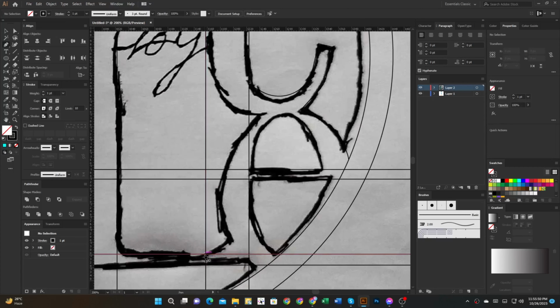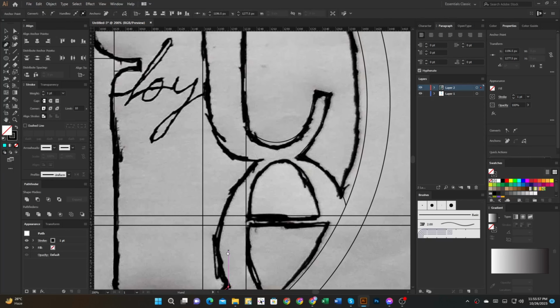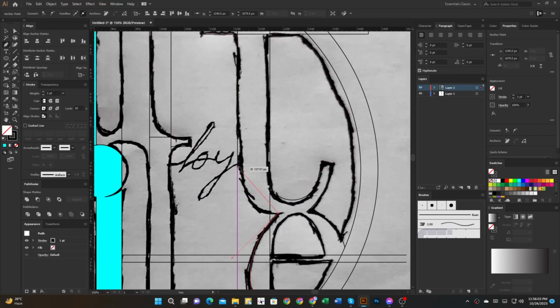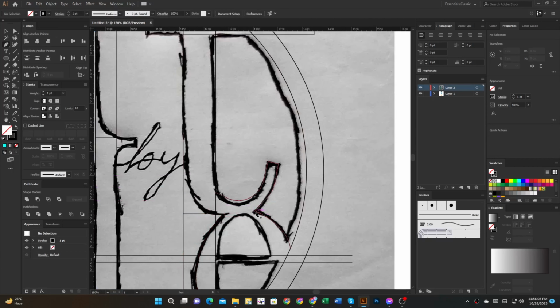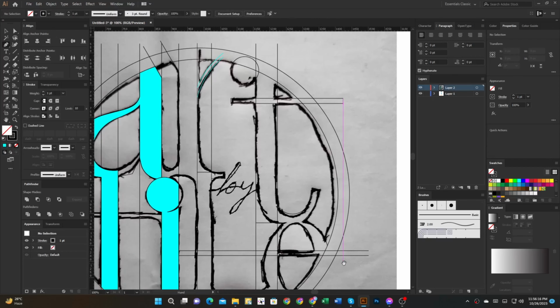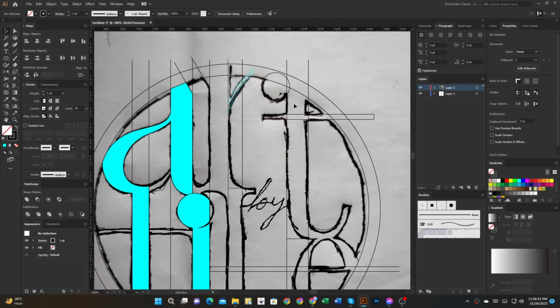Then use a pen tool. Then it's. Now select, and I use the Shape Builder tool for color selection.